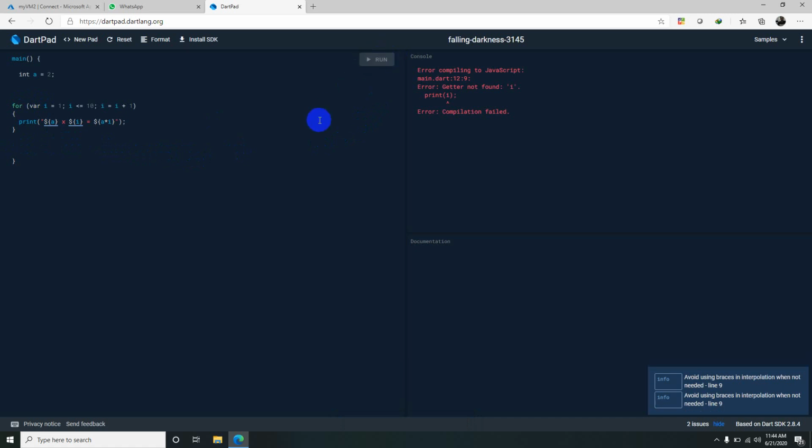So let me print now. You see the 2 table got printed. If you want to change it from 2, you can change it to 3. Now it's 3 table, like this.